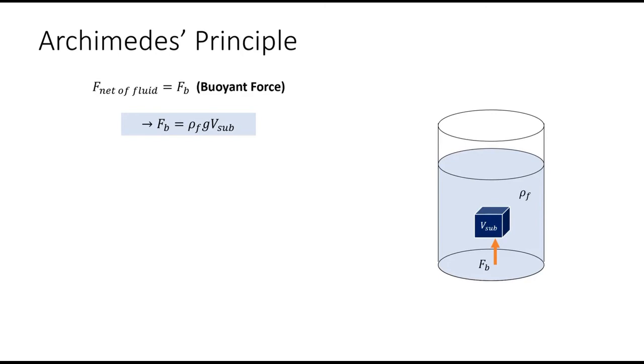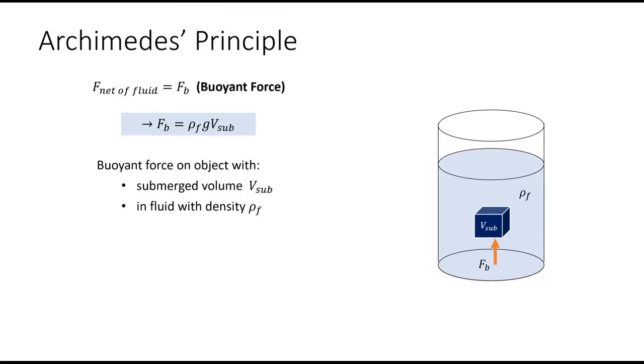So the buoyant force is equal to the density of the fluid, rho F, I'm calling rho F the density of the fluid, times g times V sub, where sub means submerged. A way to think about this buoyant force is the density of the fluid times the volume submerged of your object. And so if you think about having a really full glass of water, and then you place an object